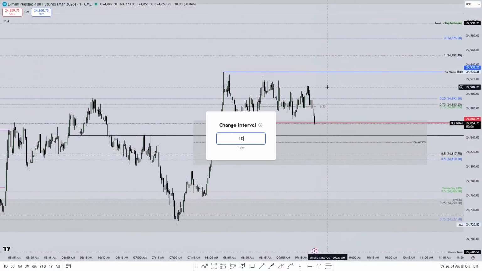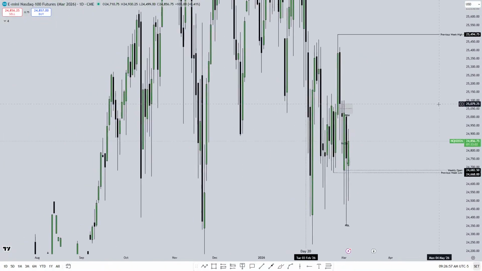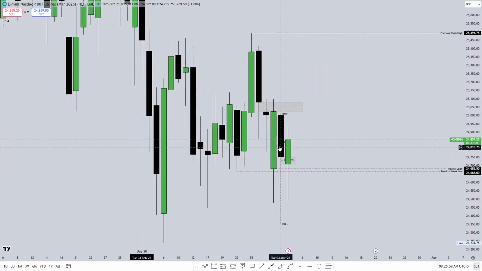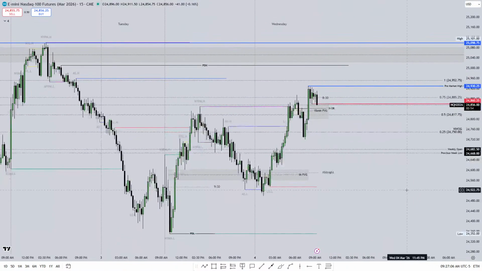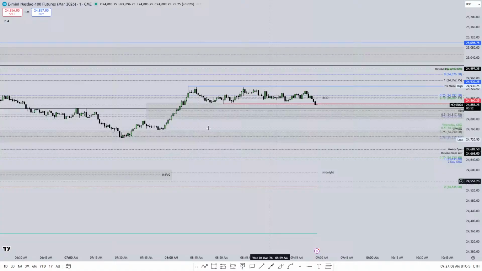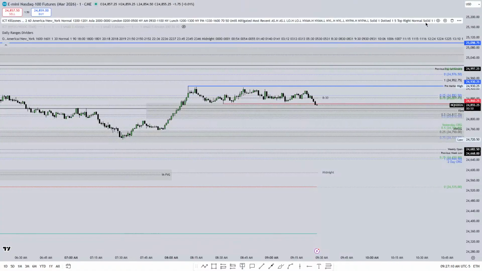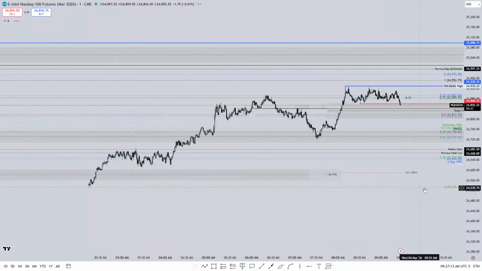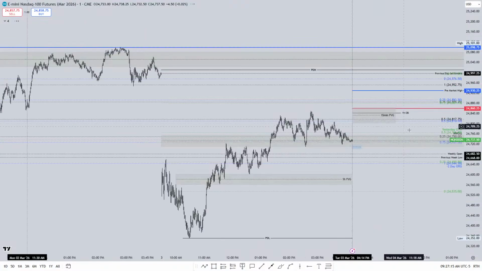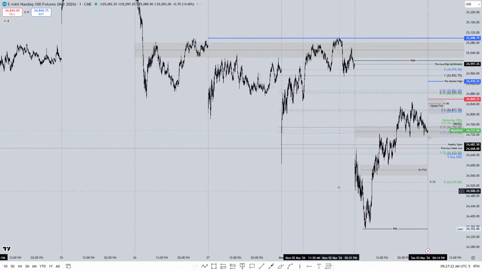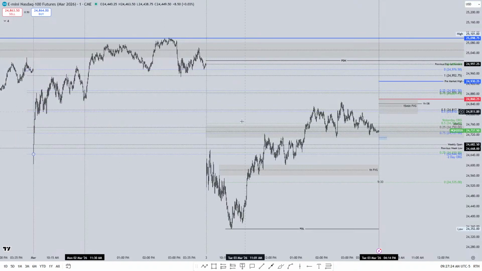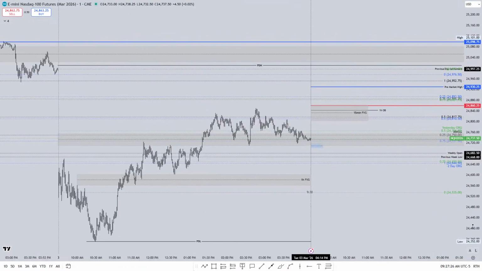There's not really daily quadrant wicks that I like because of this consolidation profile. We could use this one right here, but again, there's so many. Plus, if we go down to the lower time frames, like the 1 minute right here, and I can take this off, we are trading in a bunch of opening range gaps right now. This is Monday's, this is yesterday's. So that's really what I'm focused on right now, those two opening range gaps. And then we're also going to have